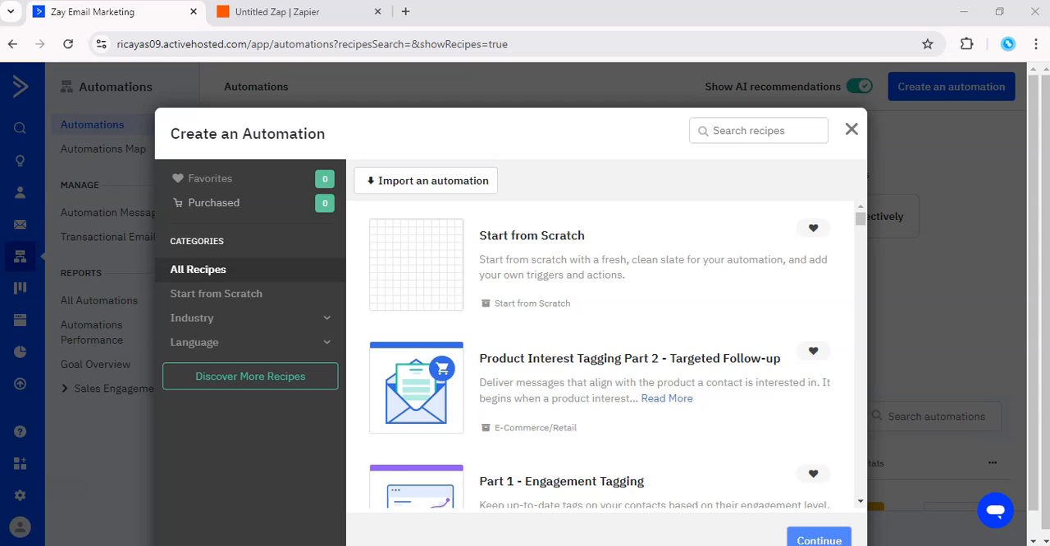Today I'm going to show you how to set up an automation in ActiveCampaign from start to finish. Whether you want to welcome new subscribers, send out targeted emails, or follow up on purchases, automation can handle it all. So to get started, head over to the automation tab in ActiveCampaign and click on Create New